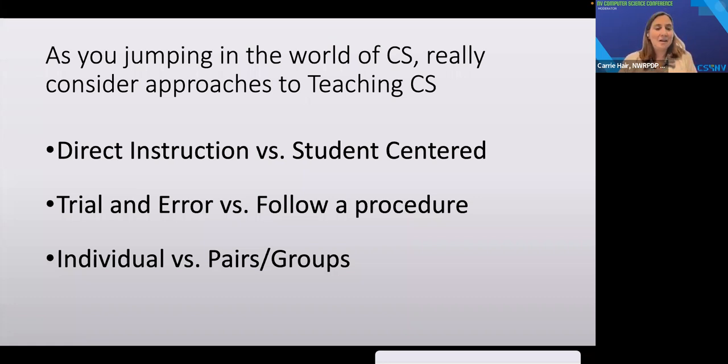And amazingly enough, I took that same idea into my math class and I would give them the problem before I gave them the procedure. And then again, we'd follow it up with the procedure at the end if necessary.